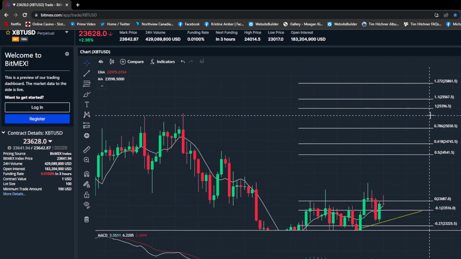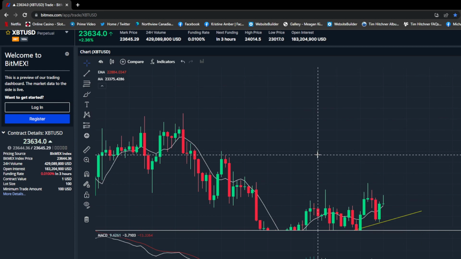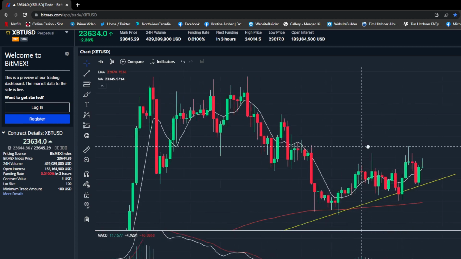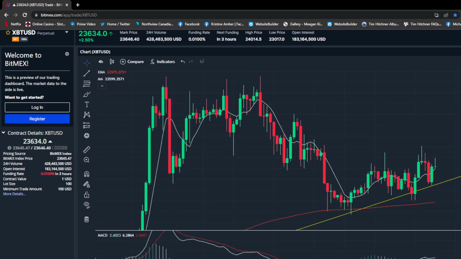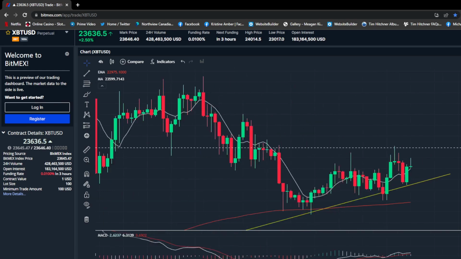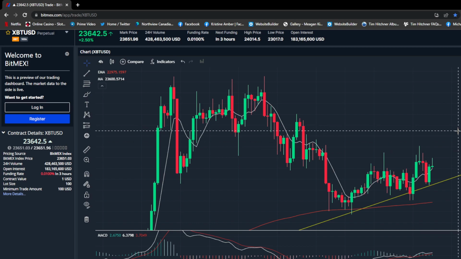So that's what I use for indicators and the fibs. So that's all I wanted to show in this video. And I will start doing other videos of spotting divergences and stuff like that soon. I'm just getting organized for that, which will be